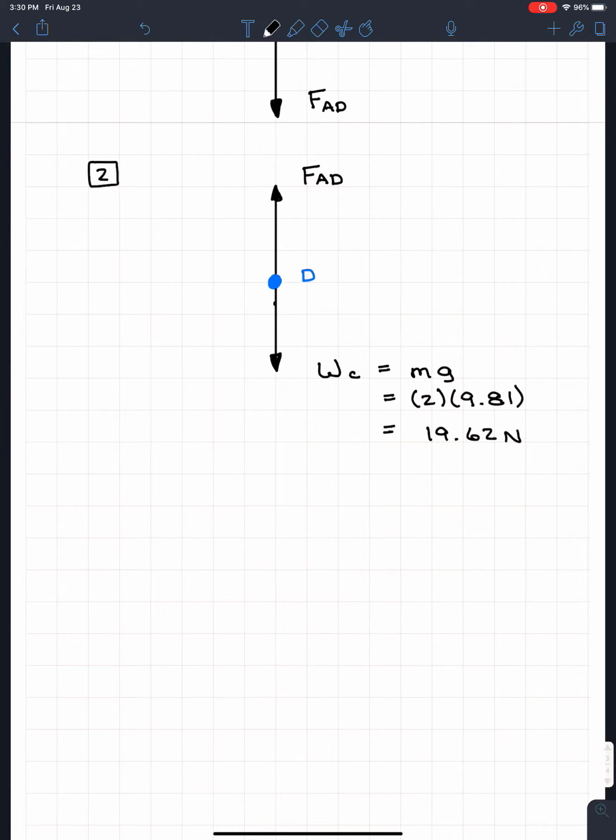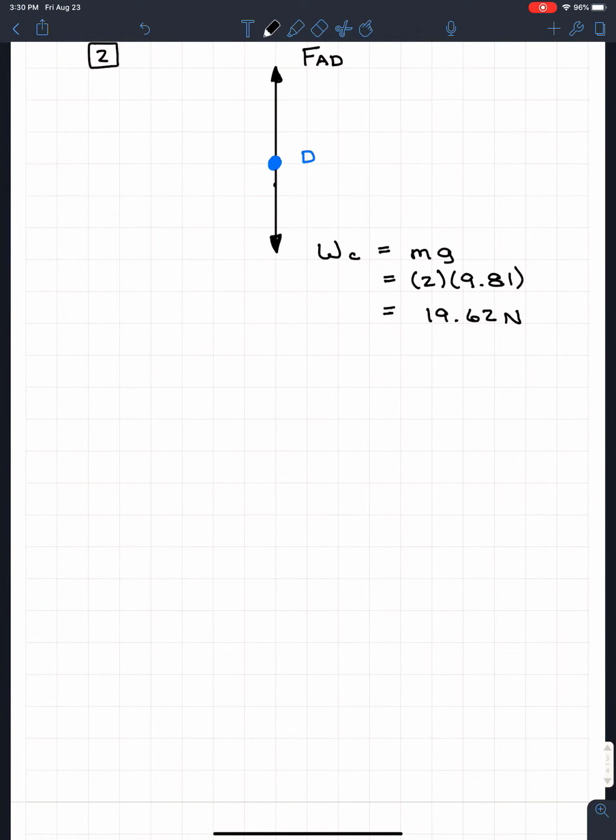So when we solve this, what we get is the weight of the crate is 19.62, and this will be in newtons. So kilograms times an acceleration, meters per second squared, is going to give you values in newtons. And if we look at free body diagram 2, I'm going to put a 2 here to show that I'm referencing that second free body diagram. Sum of the forces in the y direction is equal to 0. And what I get is FAD going up, so it's positive, minus WC, the weight of the crate, equal to 0. So from this, we can find that FAD is equal to the weight of the crate, which is going to be equal to